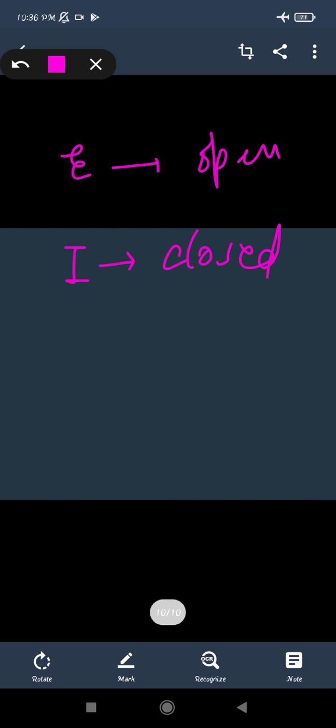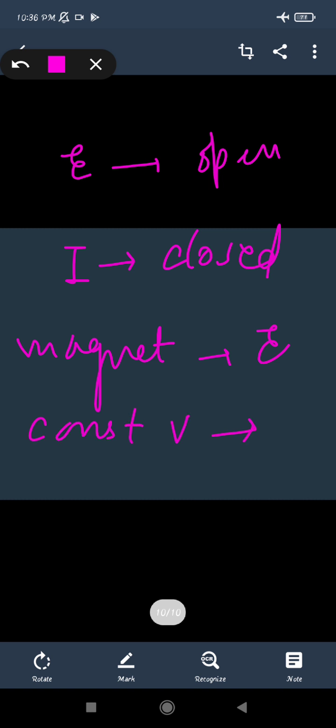And we can say that if the magnet is moving continuously, if it is rotated, then only the induced EMF will be there. If the magnet is moving with a constant velocity, very slowly or with a constant velocity, then also the induced EMF will not be there, or the EMF will not be induced when a coil is moving with less velocity. That is, if the magnet and the coil both are moving with the same direction or the same velocity, then also electromagnetic induction will not be there.